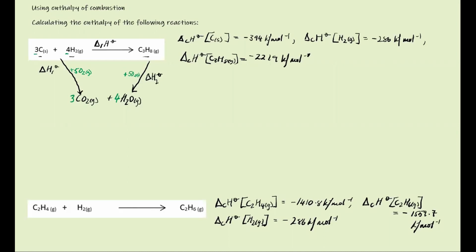Now, at the bottom here, I'm again going to write what delta H1 is equal to. That is the enthalpy of combustion of carbon. Now it's 3 lots of carbon, so I need to go 3 times, plus 4 lots of the enthalpy of combustion